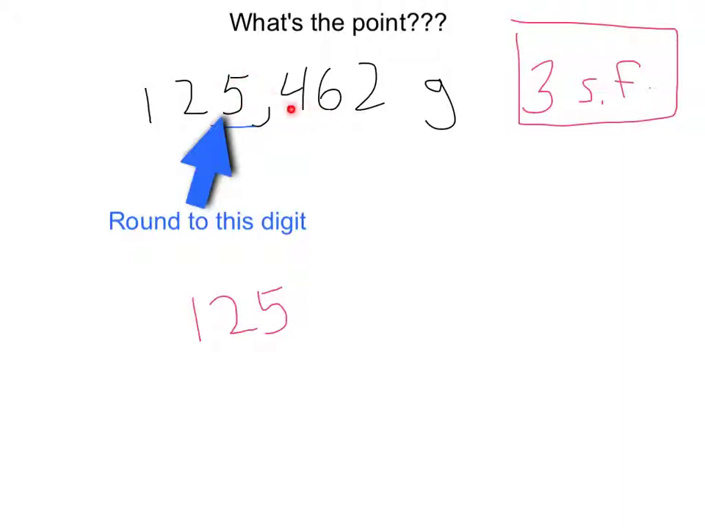If it's 4 or below, then this number is going to stay the same. So right now we got a 4. So our 5 here is going to stay the same. Everything else, you just leave the way it is. So now we got 3 sig figs, right? So if we write our answer,